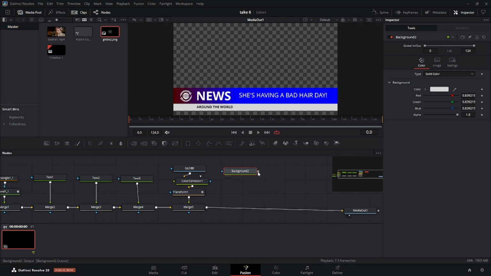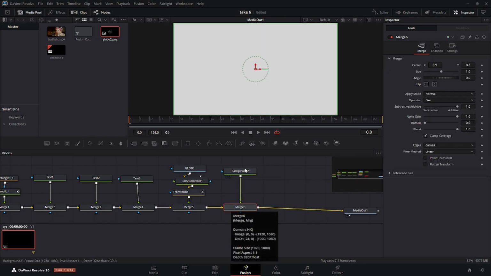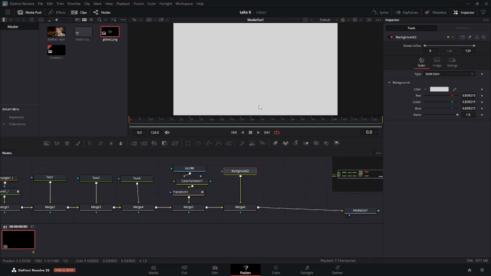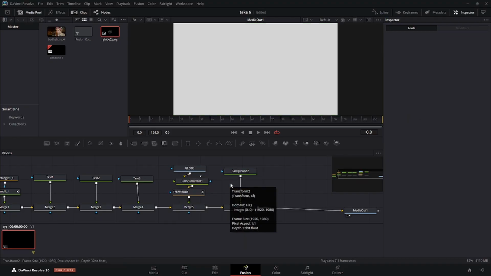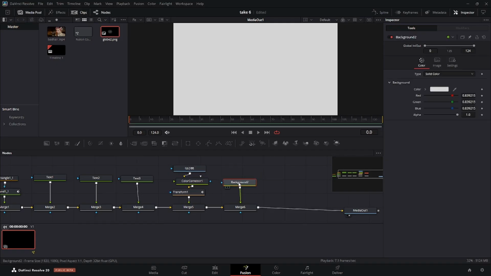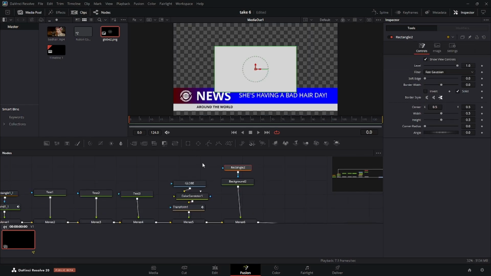Now we're going to connect this, and that creates our merge node. Now we need to resize this. So what we want to do is bring in a transform node. So highlight this, click our transform node. I'm sorry, Control Z to undo that. We want to bring in a mask node. So highlight this, bring in a mask,